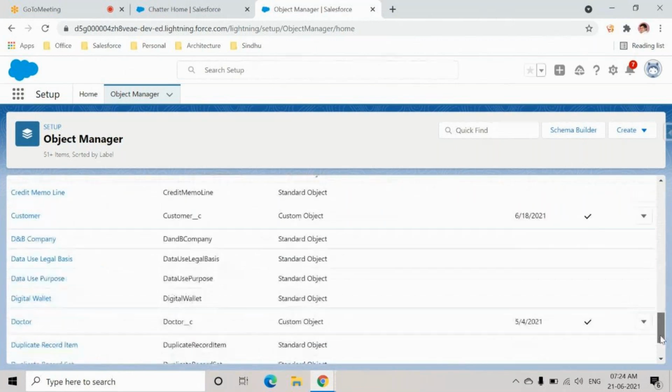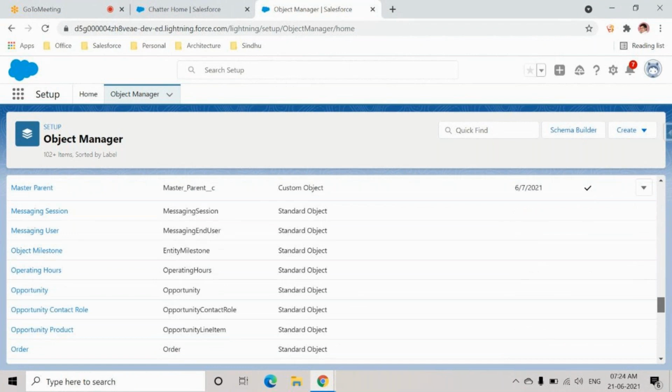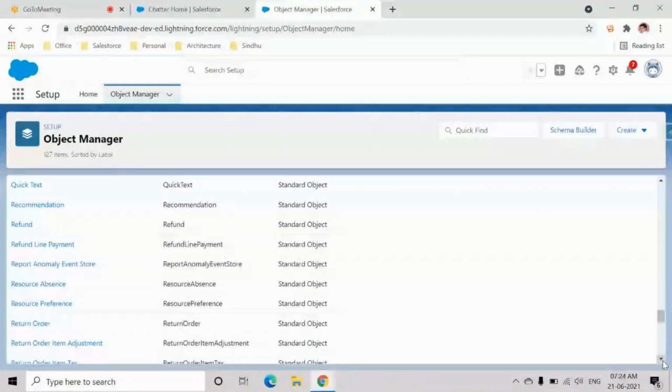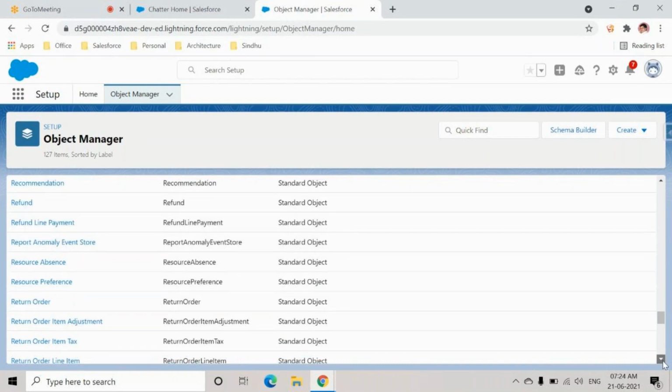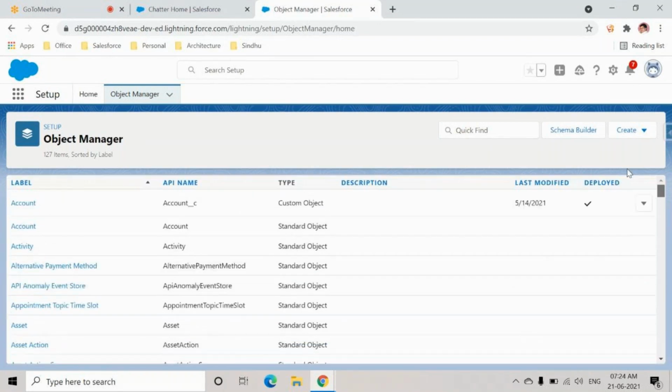Most of them are standard objects, because Salesforce is adding a lot of new features and trying to merge with Vlocity also. So by default, they'll give you a lot of objects. Depending on the licenses, those objects can be utilized. It's not like we can use everything.